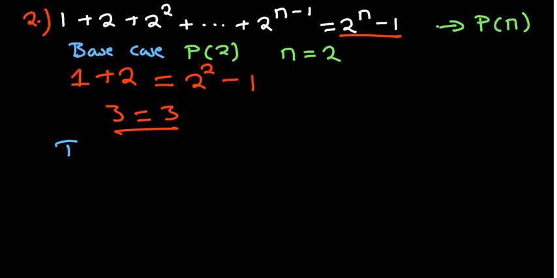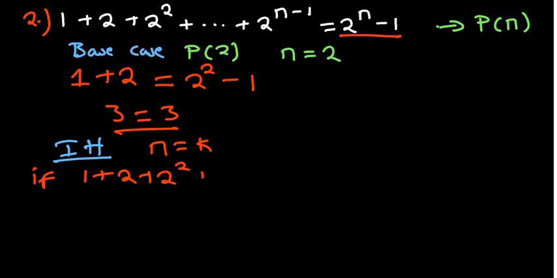Now we'll quickly go to the inductive hypothesis. So for the inductive hypothesis, we'll say let n be equal to k. So if that is the case, then we'll just go back to our formula, and where there's n, we'll just put our k. So it will be the sum up to 2 to the power k minus 1 equal to 2 to the power k minus 1. So if that is true, then